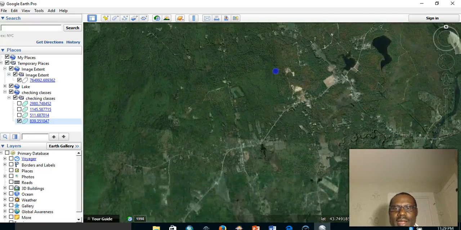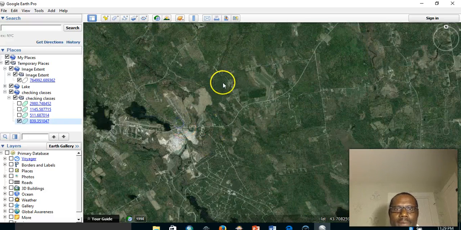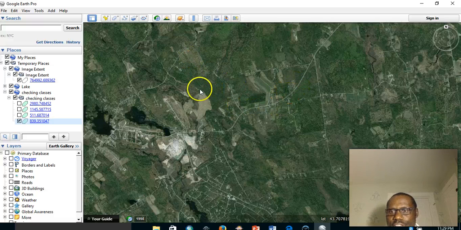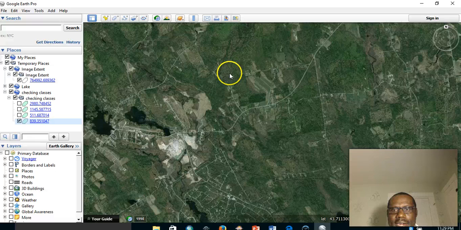They don't look like land. Well, there are some pieces of land that look like roads, so you need to be very careful in classifying your image and make sure that you don't confuse the land with the roads. So in the next video, I'm going to show you how to do the supervised